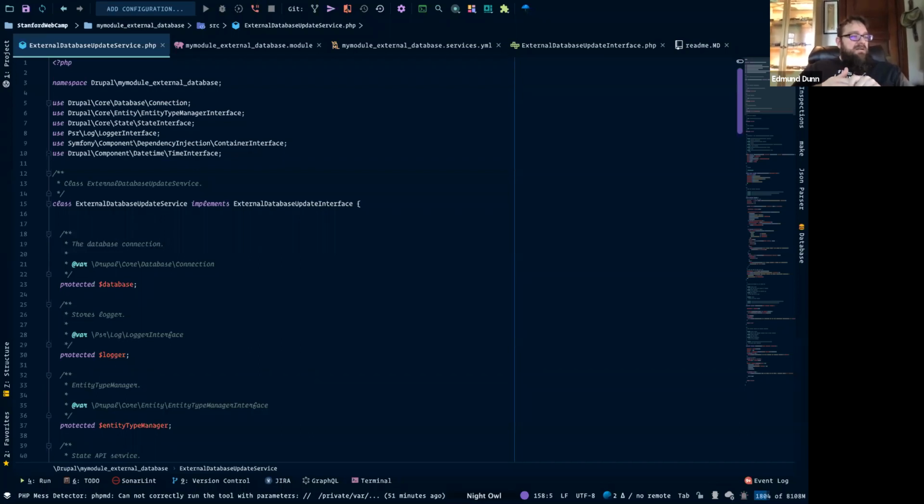We look at the data. In this case, we're populating nodes. We define a content type that we're populating with the data that we get from the external database. Each node is styled, and they can be viewed individually. And then we also set up views that would show an aggregate list of the nodes that we created.